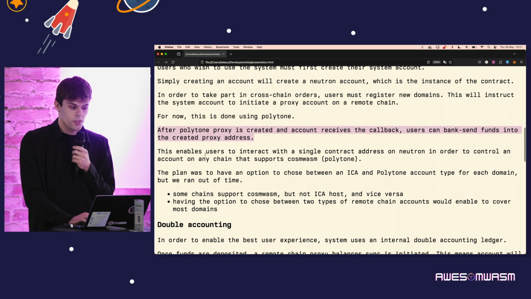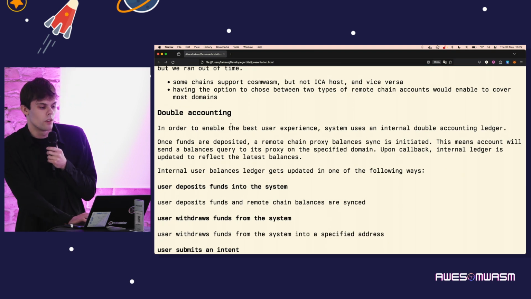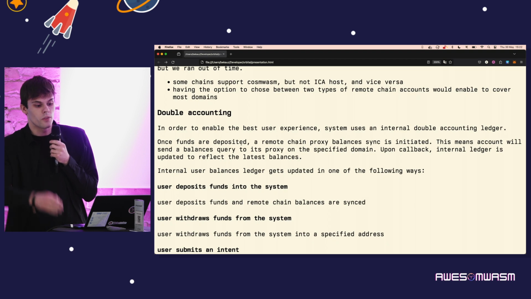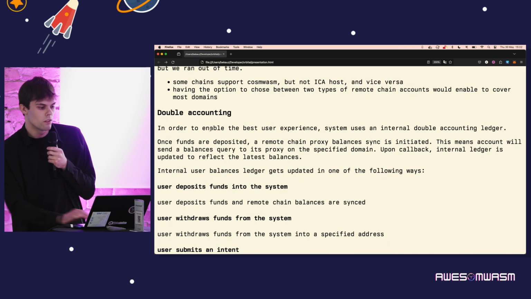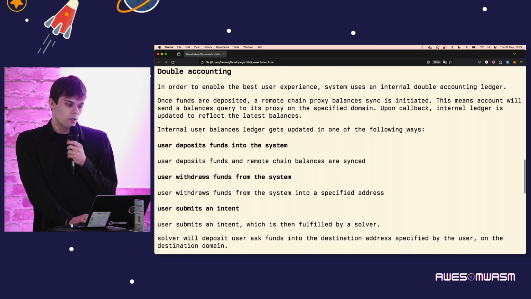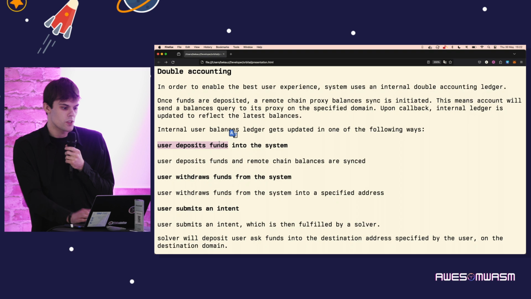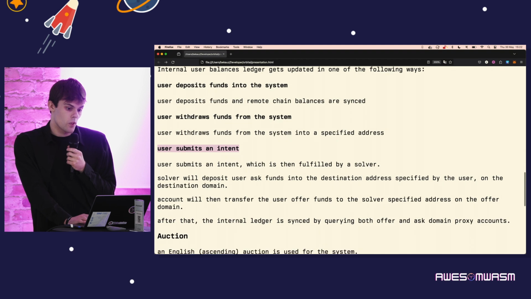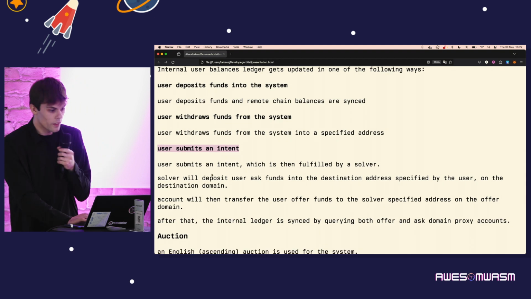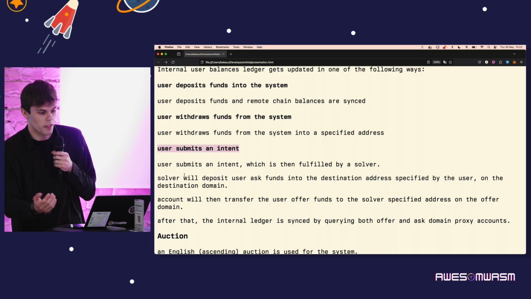And then we are doing this double accounting kind of internal system. This is to avoid extra transactions. So whenever funds are deposited, we will do a balance sync over IBC and keep an internal ledger of all balances on Neutron. And that ledger gets updated in one of three ways: either the user deposits funds in the system, the user withdraws the funds from the system, or submits an intent. So once an intent is submitted, and assuming that the account module verifies that the internal ledger has those balances that the user is offering,